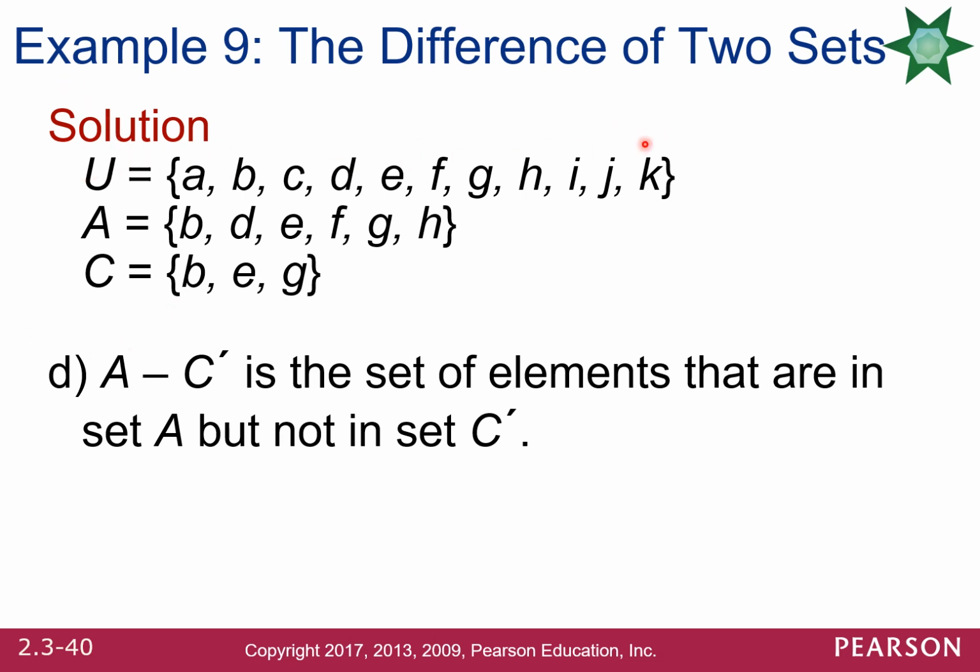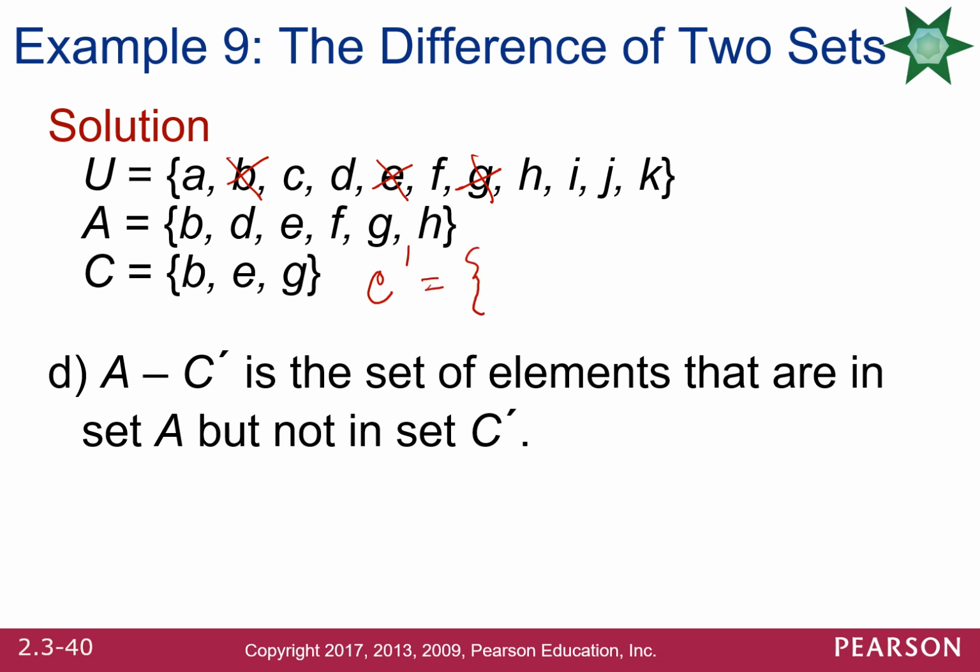From there, we cross out the elements that are in C and pick out the remaining ones. All right, so let's go through that exercise. I'm going to cross out the B because that exists in C. I'm going to cross out the E and the G, and so C naught, or the complement of